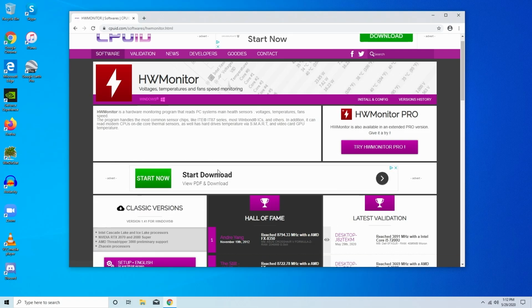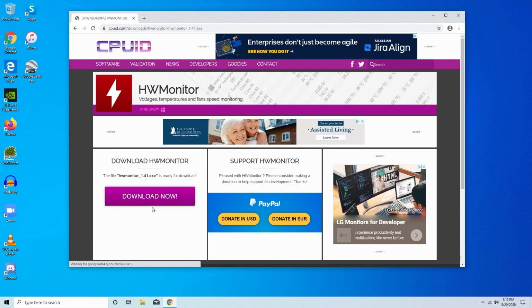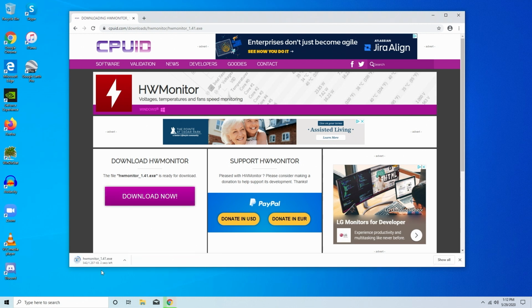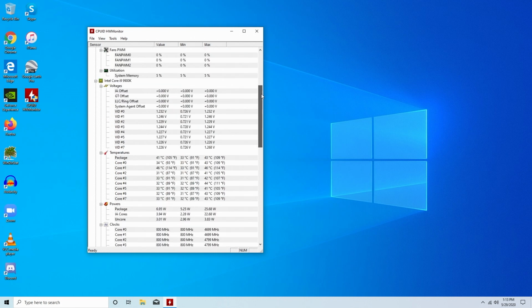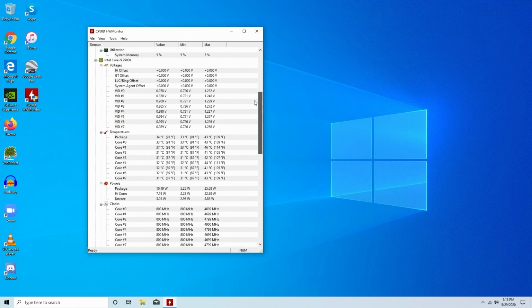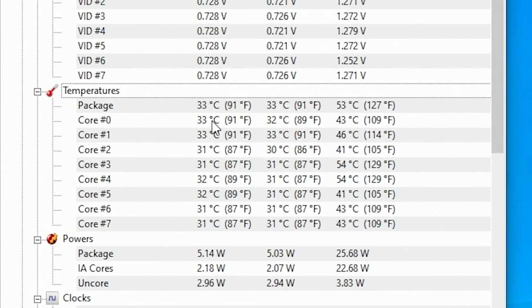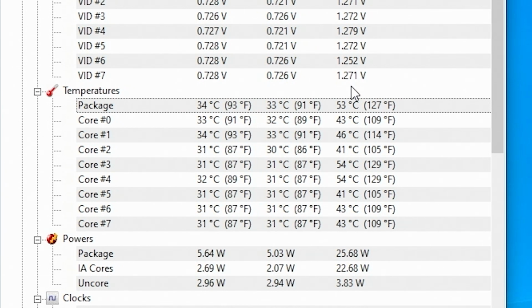It's also good practice to download some kind of temperature monitoring program. So in my case, I'm going to do Hardware Monitor. This little program looks intimidating at first, but if you scroll down here, you can see under CPU, it shows the CPU Intel Core i9, and then the temperatures of all the different cores. Really, you just want to be looking over here at the max temperature. So I usually, the first thing I do once I get to this point is